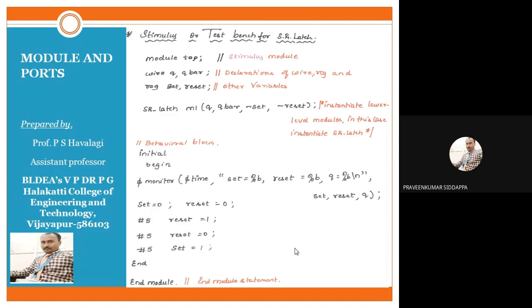Whenever we have two inputs, we get four combinations. So which combination do you require the output for? We should mention it. Otherwise, if you require all four combinations, you can mention all four in your test bench, and you will get the output for all four. If you write only two combinations, you will get the output for those two, and you cannot get it for the other two. Clear or not?